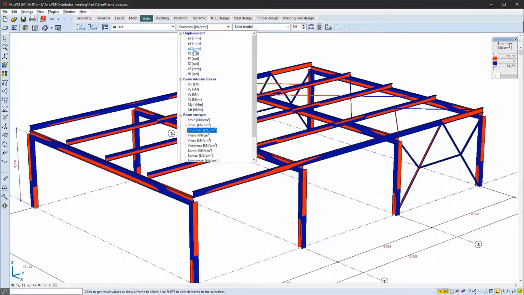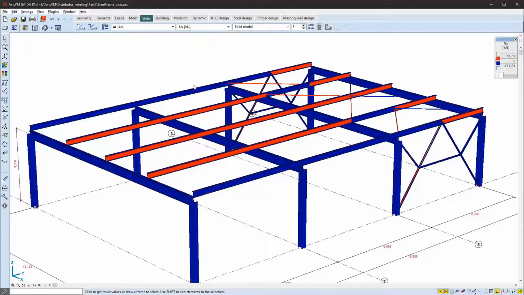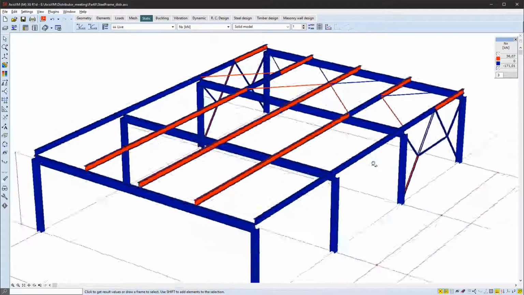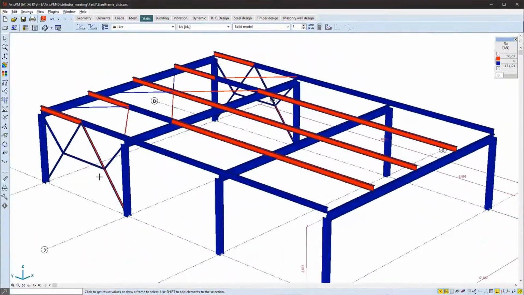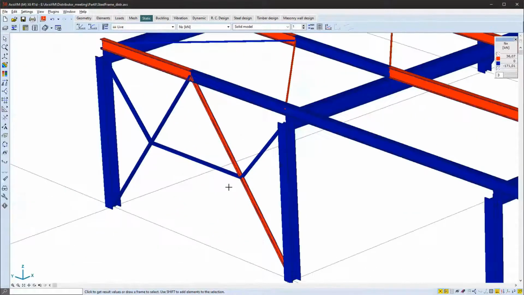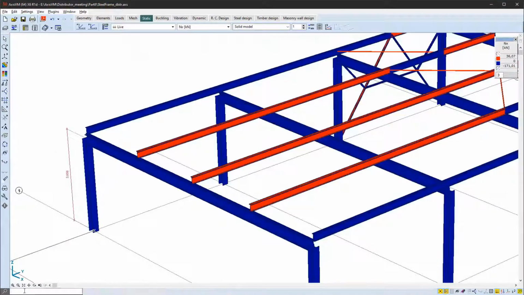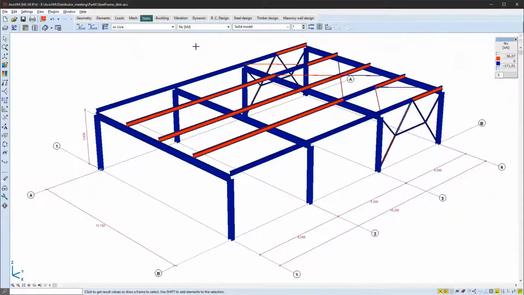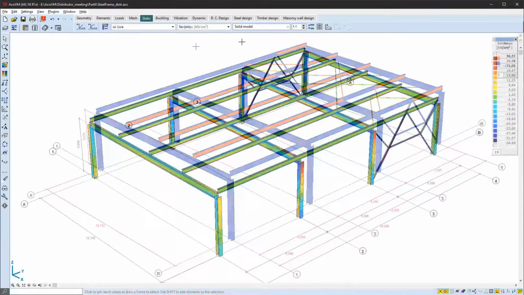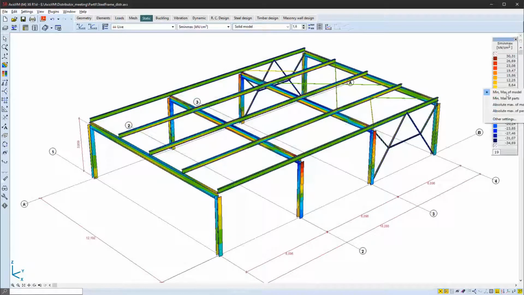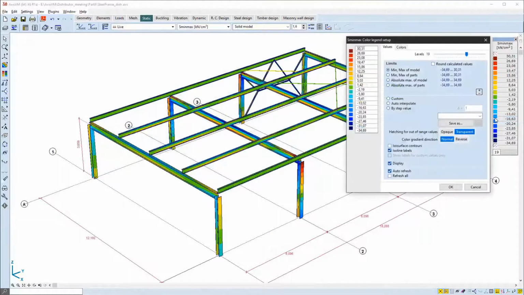This can also be used for any other result component, but in this case, normal forces are displayed, which can be useful for trusses, for example, to separate compressed and tensioned members, but it can be handy when displaying reinforcement differences.